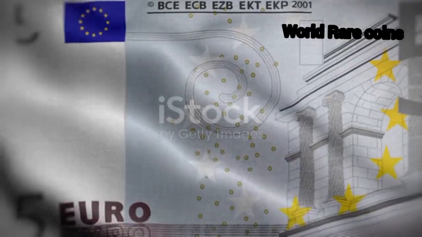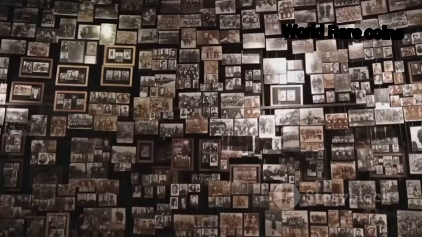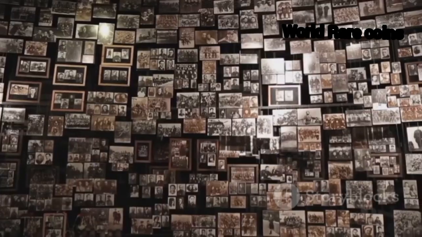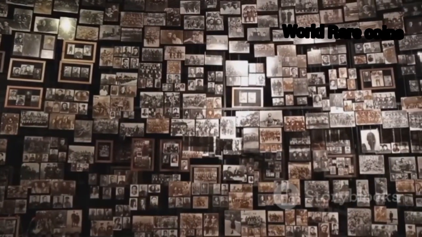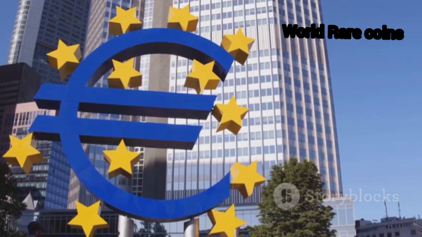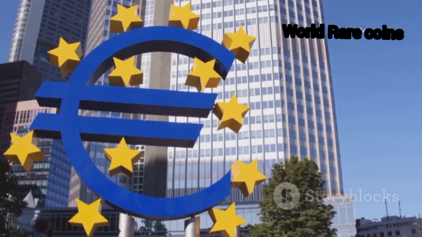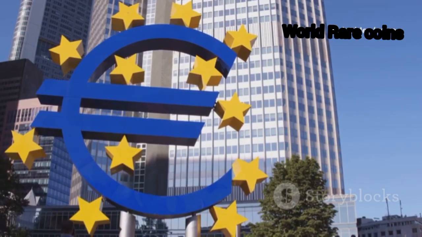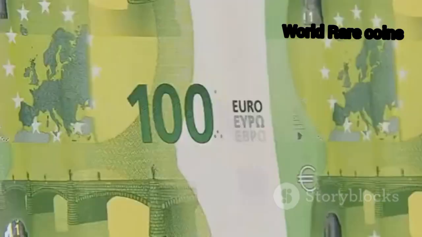The euro's story is a tale of ambition, unity, and economic transformation. Conceived in the aftermath of World War II, European leaders dreamed of a currency that could bind former rivals together and foster lasting peace. After decades of planning and negotiation, the euro was officially launched in 1999 as a digital currency, with physical coins and notes entering circulation in 2002. Suddenly, countries from France to Finland were using the same money, a historic first.